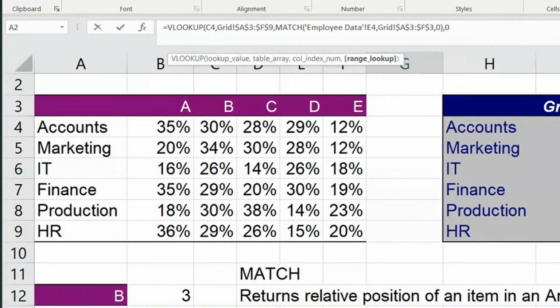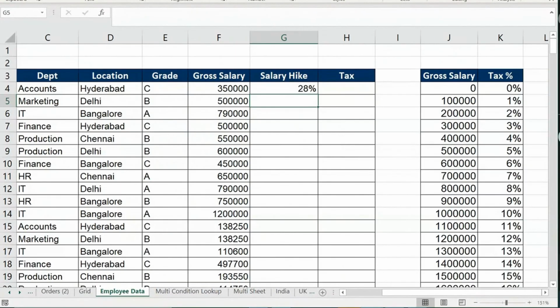We just learned match. If you see the match formula which I have posted before, match also has 0. This 0 is for the exact match of MATCH. This is the exact match of the VLOOKUP. So then close one more bracket.